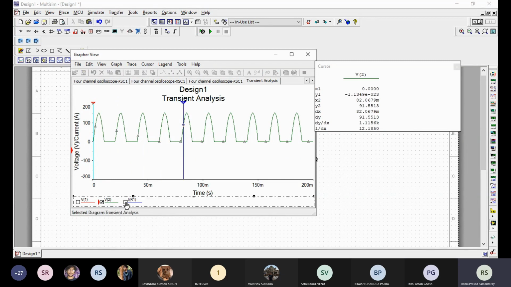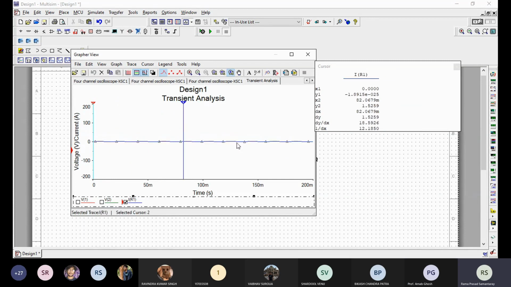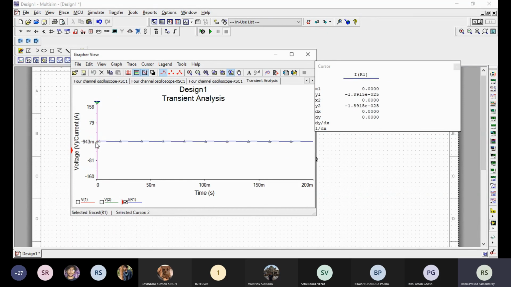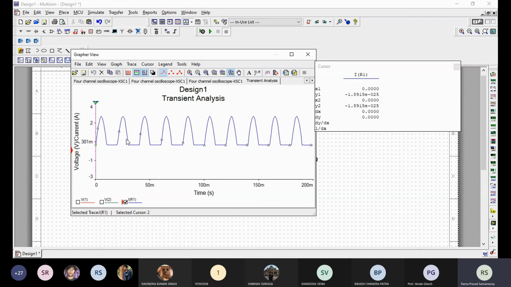यहाँ पे IR1 करंट को सिलेक्ट करोगे तो करंट का वैल्यू कम है इसीलिए दिखा नहीं रहा है, क्योंकि वोल्टेज का वैल्यू वोल्ट्स में है लेकिन करंट का वैल्यू मिली एम्पियर में है, तो उसको बढ़ाना पड़ेगा। कर्सर का जो वर्टिकल जूम है उसको सिलेक्ट करोगे तो इसका वैल्यू तुम बढ़ा सकते हो। अब देखो ये करंट का वेवफॉर्म आ गया।